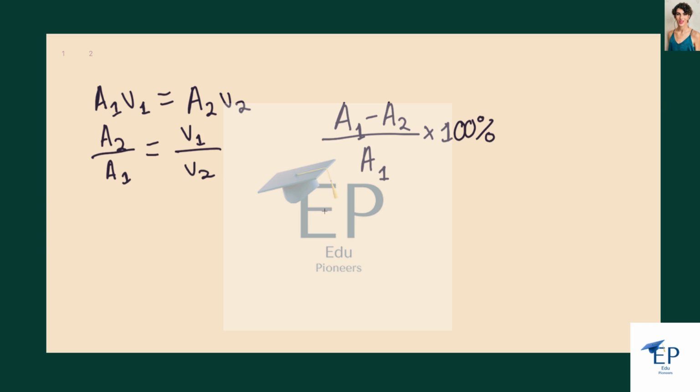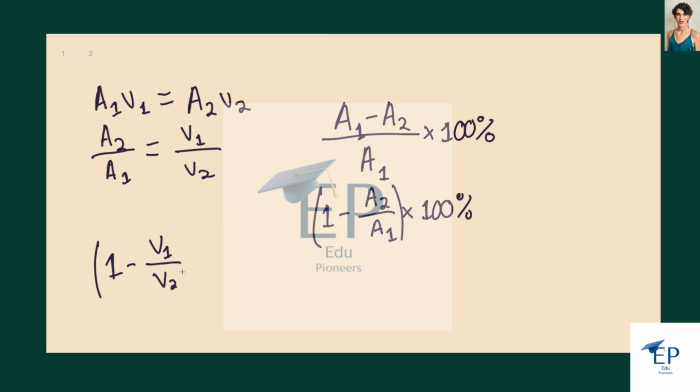Solving for this, we can rewrite this and say that the percentage blocked by plaque is going to be 1 minus A sub 2 over A sub 1 times 100%. And then we can furthermore solve for this and say that 1 minus v sub 1 over v sub 2 times 100% will give us our